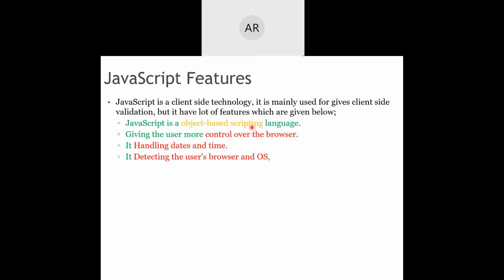For example, when you went for your web counseling, it used to show you that this particular website works well in Firefox or Internet Explorer. You might have come across those things, right?